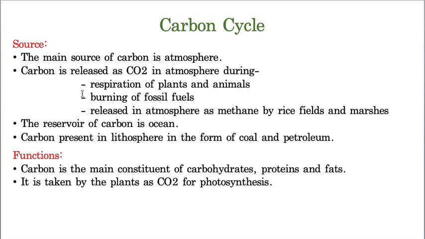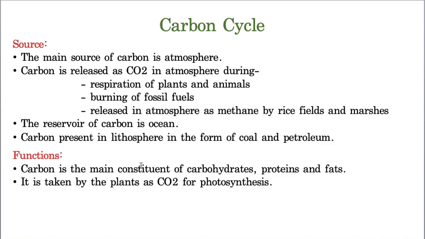And of course the cell later forms into tissue, and tissues form into organs, and these organs again form organ systems, and thereby the whole body of the organism will be formed. So this is a prime and important function of carbon. Whereas the second function is also there. By the composition of carbohydrates, proteins, and fats, the cell is formed. It needs to be maintained. How will it be maintained? It needs food material, and again carbon is required. That means carbon is a very important source.